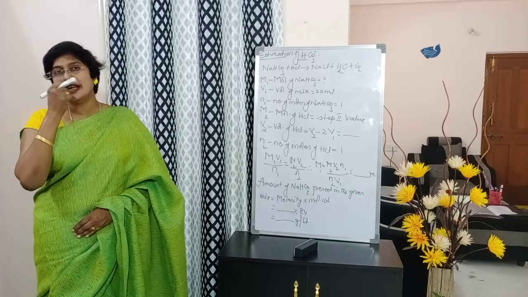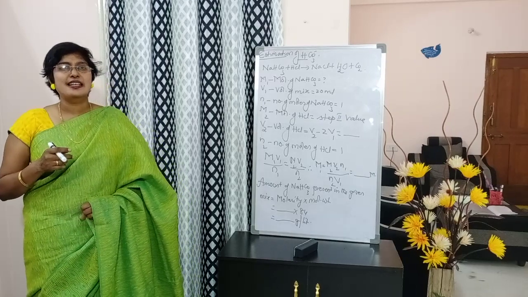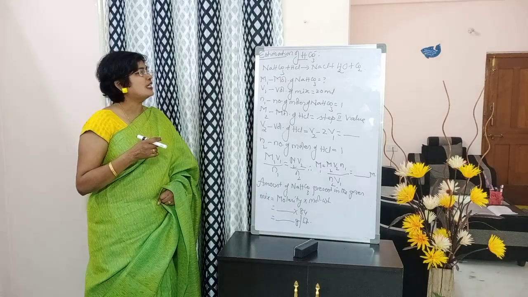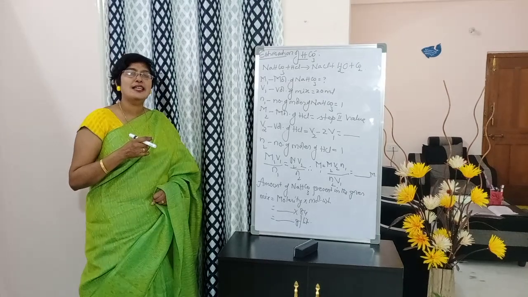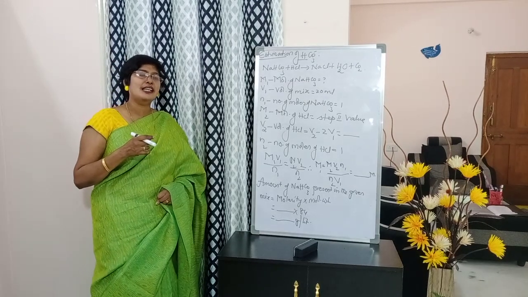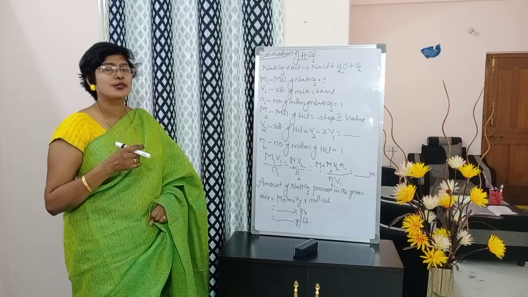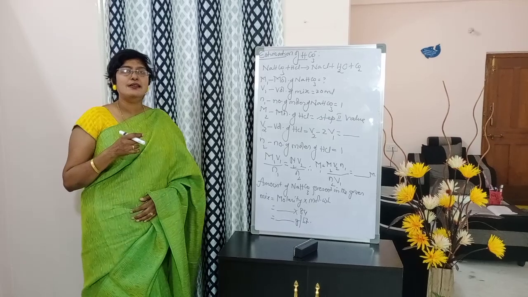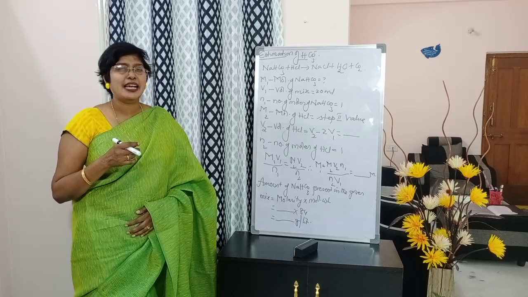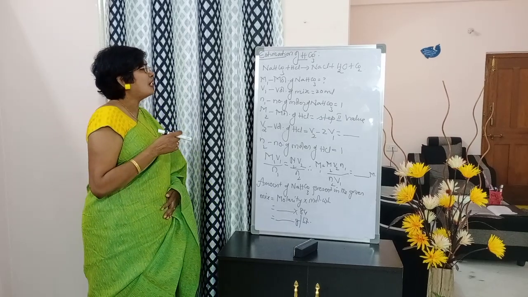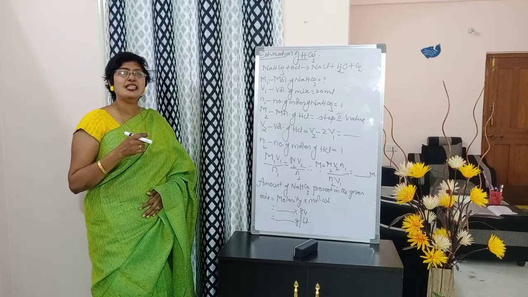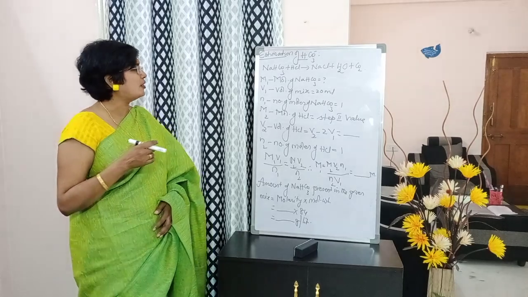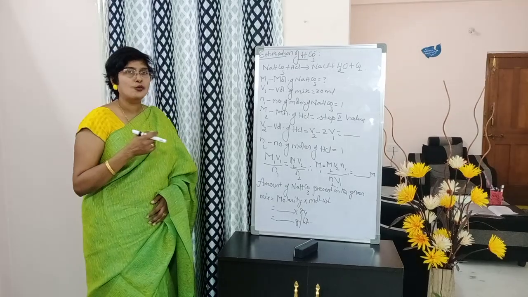Okay. So we have done estimation of carbonate. Next we have to do estimation of bicarbonate, students. Okay. So write down the reaction first. NaHCO3 plus HCl gives NaCl plus H2O plus CO2. Next comes M1 molarity of bicarbonate, which is to be calculated. Next V1 volume of mixture 20 ml. N1 number of moles of NaHCO3 from the reaction 1.